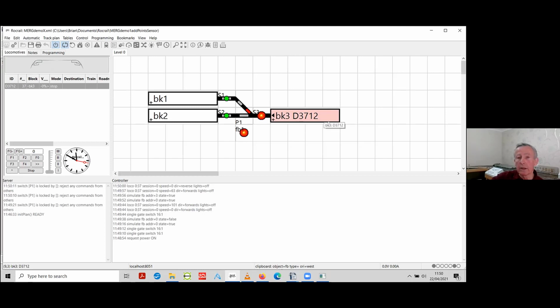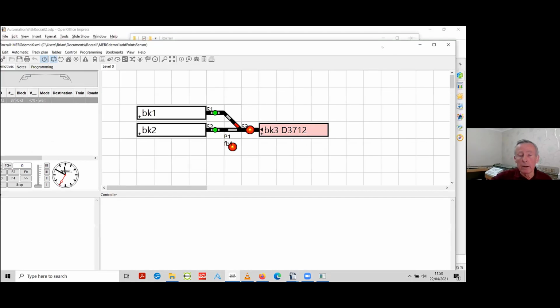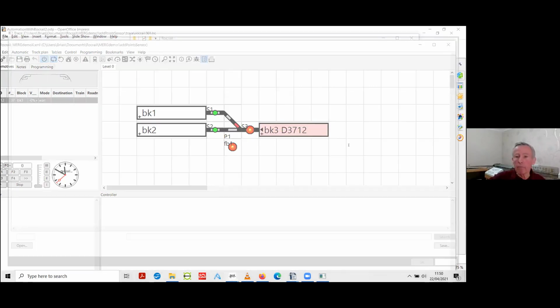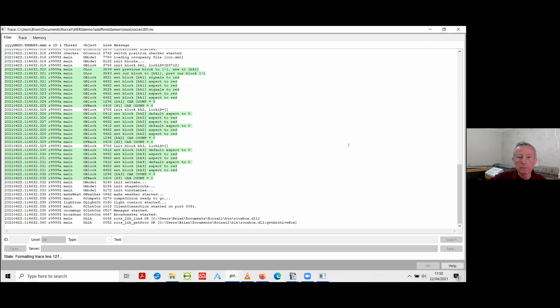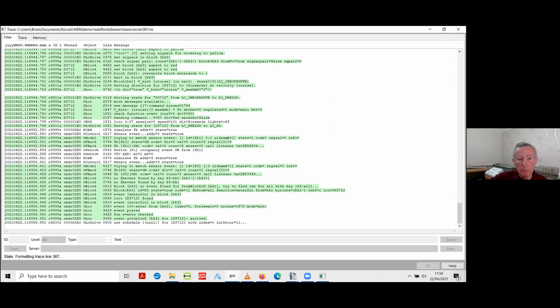If I try and click and, I'll clear the screen Alt K again, so we see what happens. If I try and drag the Loco from block 3 to block 2, nothing happens. And again, if I can't deduce what it is, click on the trace button. Pages and pages and pages. Near the bottom,